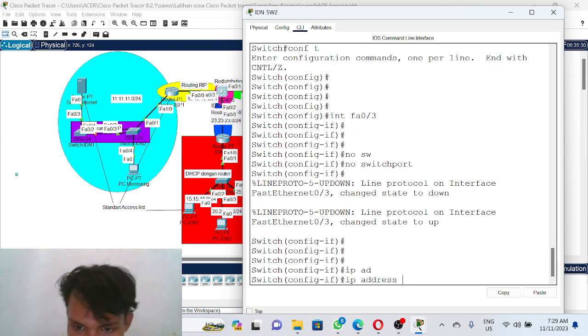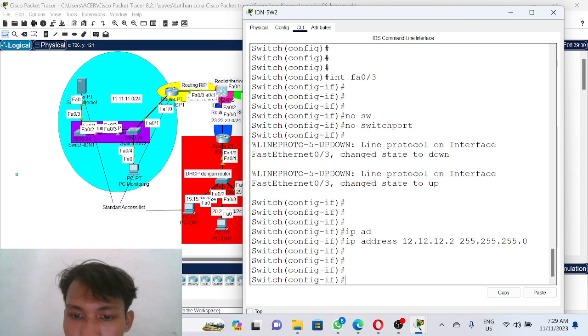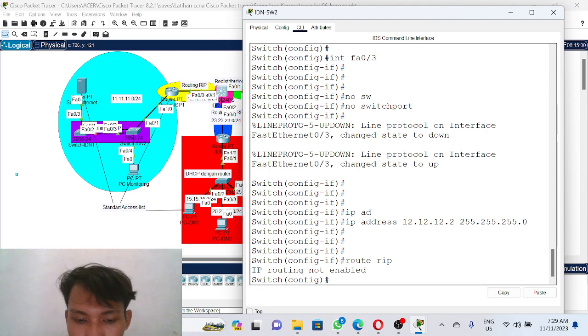IP address 12.12.12.2, 255.255.255.0, and then we set up IP routing, router rip.